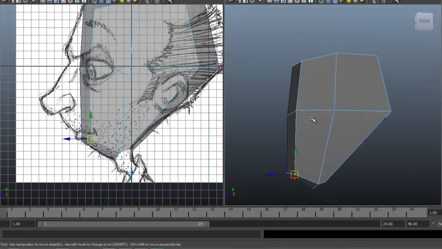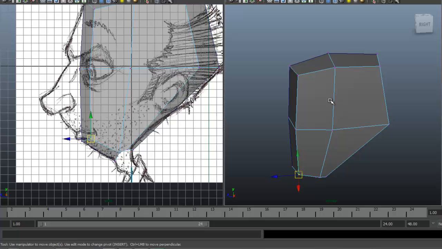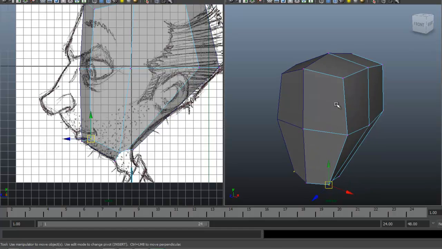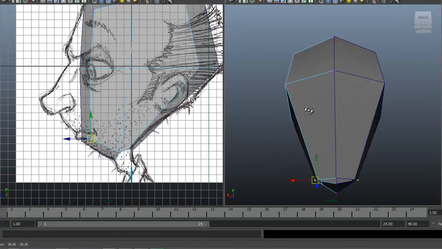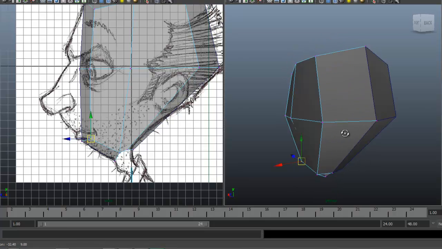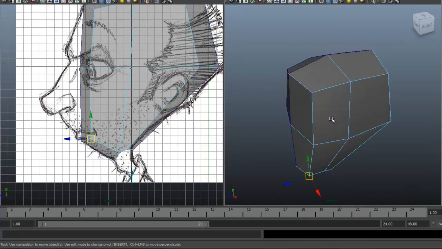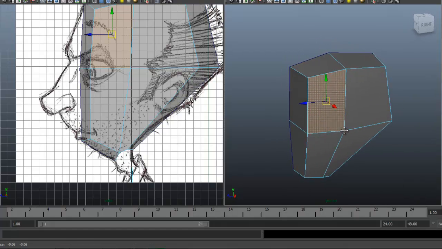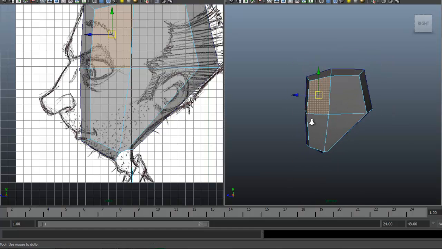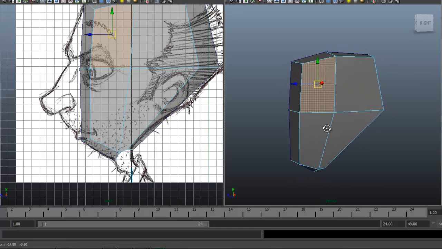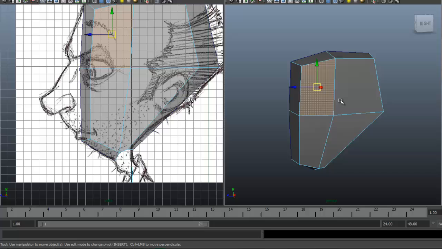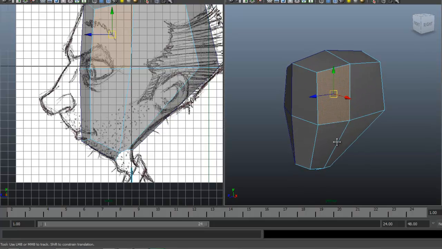These look very simple and sort of easy to just kind of step over these and start inserting a bunch of edge loops and jumping ahead to try to block out the character and get the eyes in. And I can't emphasize enough how important it is to just get these very basic planes in place here. So the planes being the faces, and blocking out these shapes when you're in a very low resolution state right now, as we are, and then start building up from here. So the principle being, with this type of box modeling, you want to max out your resolution at each level before you start inserting more edge loops.